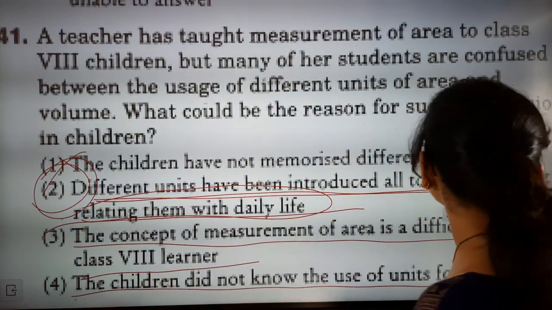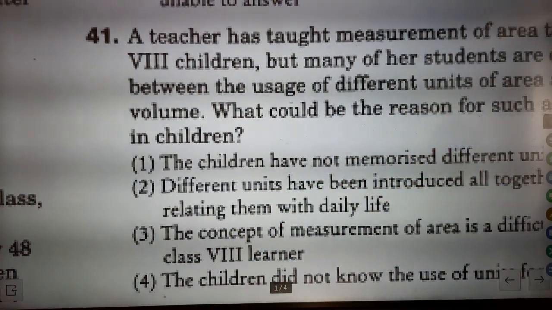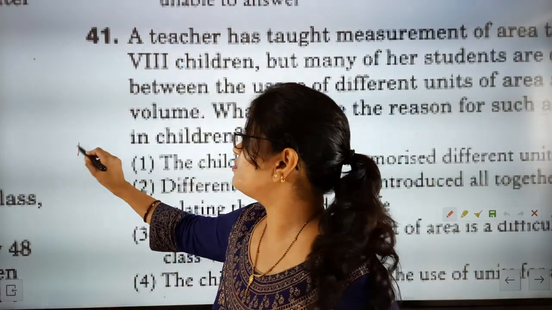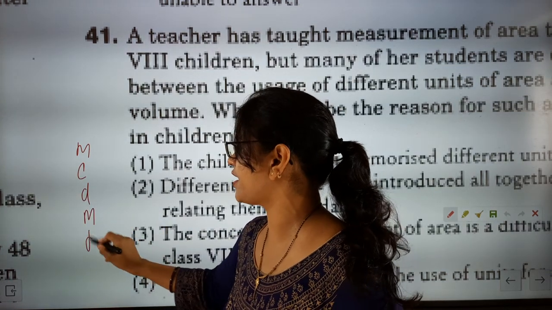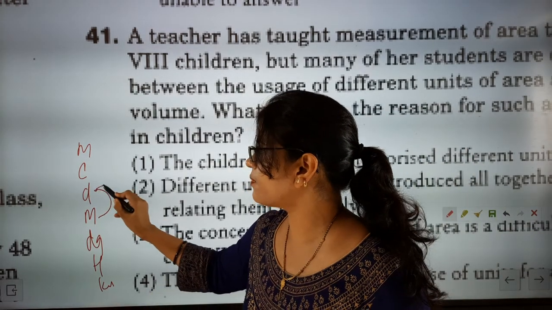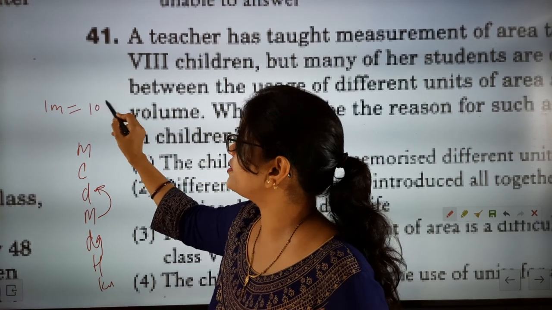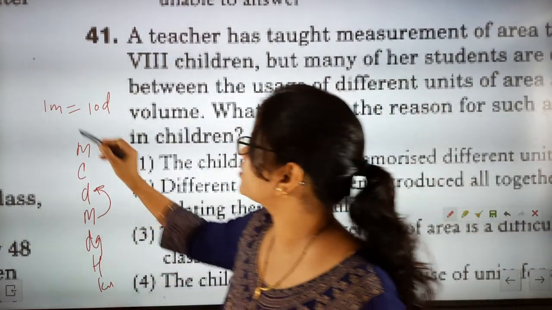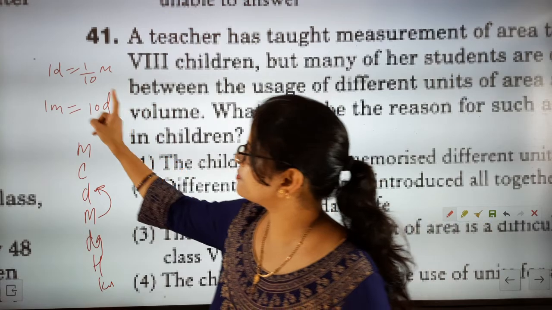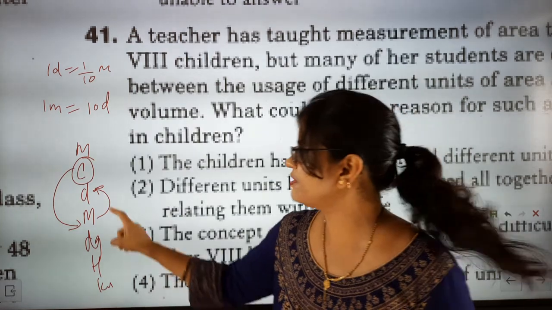Conversion of units means, if you are a teacher teaching millimeter, centimeter, then when you are introducing surface area and volume, what should be taught at lower class level? Millimeter, centimeter, decimeter, deca, hecto, kilometer. Now the teacher should teach that whenever you go one step up, 1 meter will be equal to 10 decimeter. So 1 decimeter will be equal to 1 by 10 meter. Like this conversion system or this relation, like 1 centimeter to meter. So centimeter is a smaller unit, meter is a bigger unit.